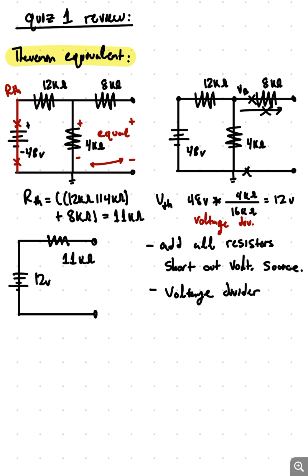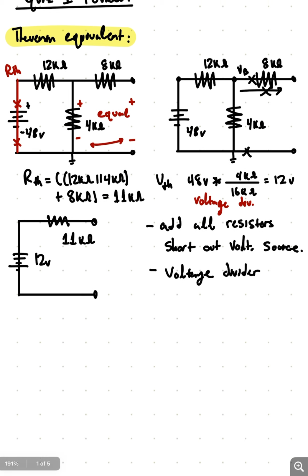and then we come back to our original circuit, and we have these three resistors, which to find the equivalent resistance, we're going to want to short out our voltage source, kind of like we're taking it out. So voltage sources are short circuited, and then current sources are open circuit. And so these two are going to be in parallel because this is going to be a wire connecting them from two ends. So this is going to be parallel, and then these two in parallel are going to be added together with the 8K, which is going to give us 11K